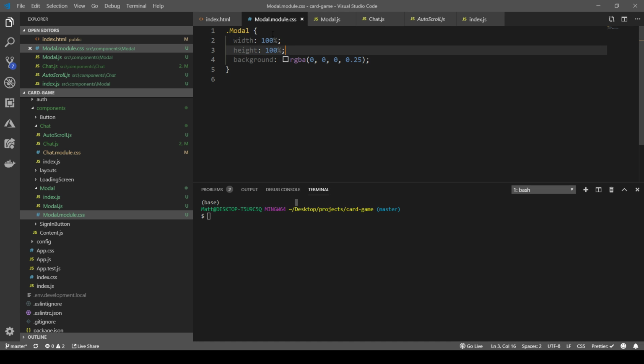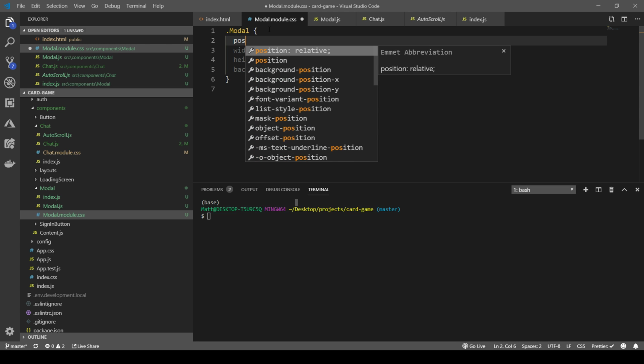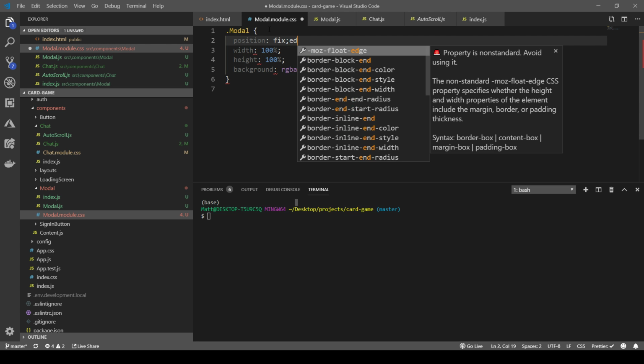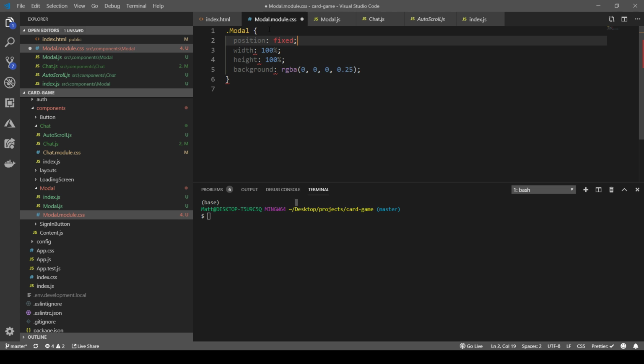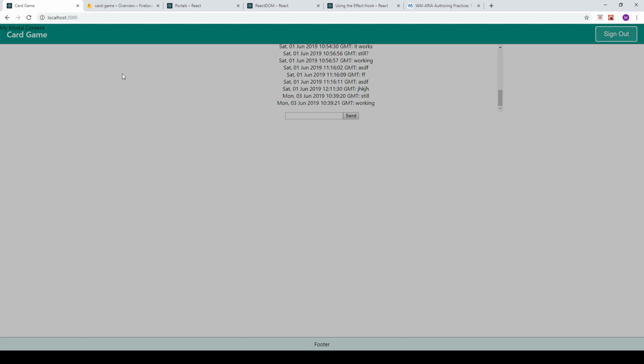Alright, so position, is it going to be fixed actually? Yeah, it's going to be fixed. Width and height 100%. Okay. Got that working. And if you click on the backdrop, why is that highlighted? Alright. So if you click on the backdrop, but outside of the content,